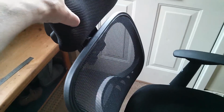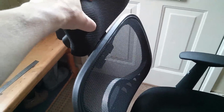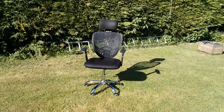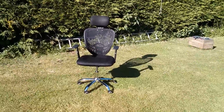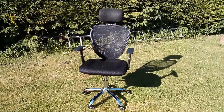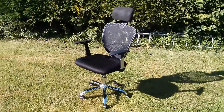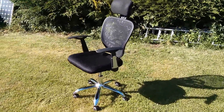The back of the chair tilts about 35 degrees on its spring, and the headrest tilts about 60 degrees. And here you can see the woven texture of the seat fabric, and it's the same on the seat back, and of course it's semi-transparent. Now I've brought the chair out into the garden. I realise this is a little bit out of context, but I wanted to just give an idea of the overall shape and styling of the chair,